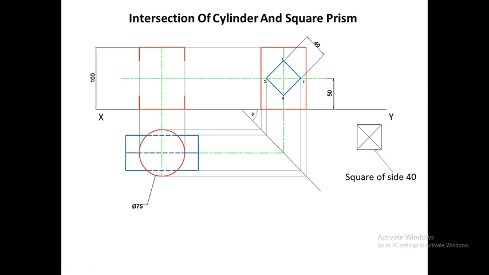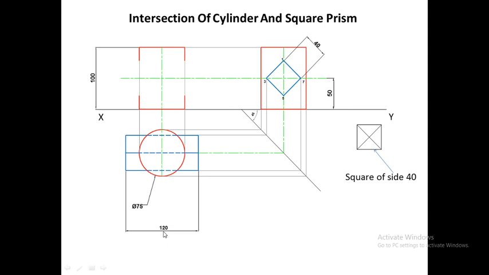So finally we have completed the top view. You have projected this point 3 and then projected it in the top view. Also we have projected point 7 and then projected it in the top view. Now this length will be equal to the given dimension, that is 120 mm. So in the top view, the rectangle which represents the top view of the square prism will be a rectangle